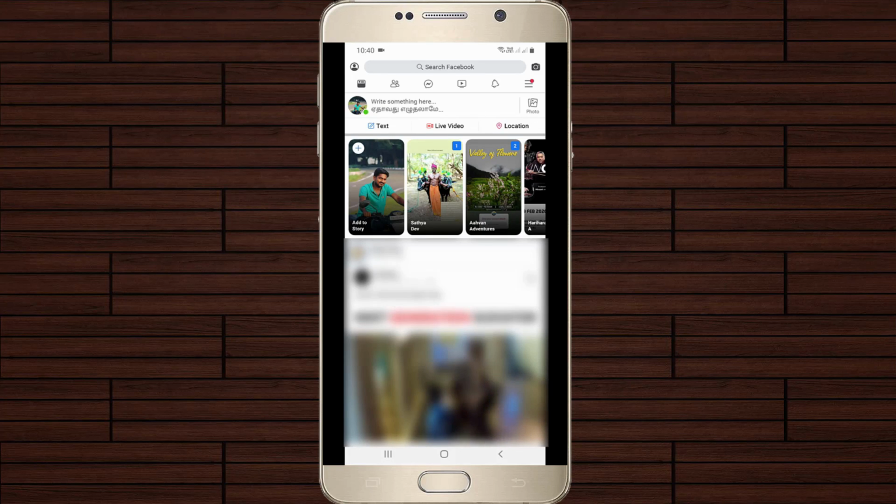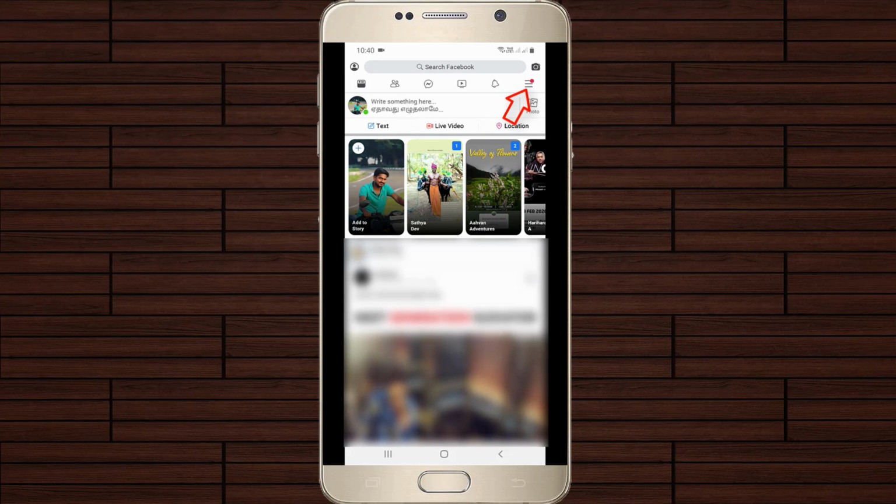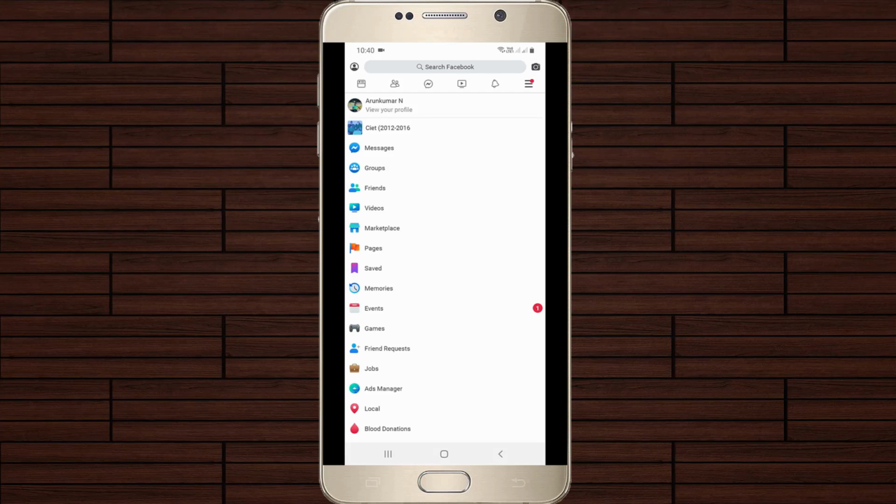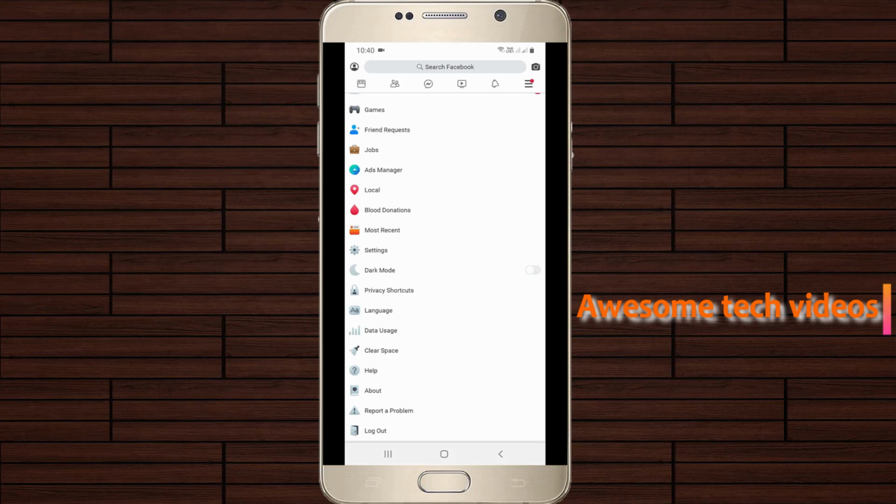your account details. Now in this homepage section, you can press this horizontal three lines icon, which is placed at almost the top right side corner, and it shows some Facebook features, but you can scroll down. So finally I get this new update of dark mode, and this option is placed followed by the settings category. So just click to enable this option.